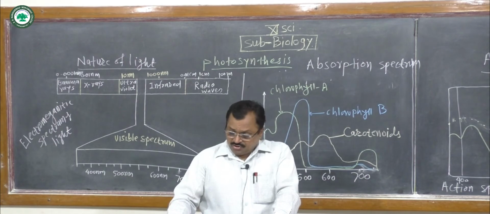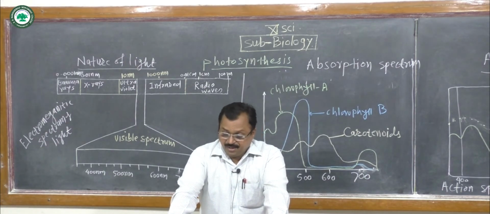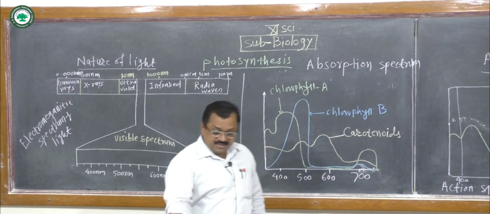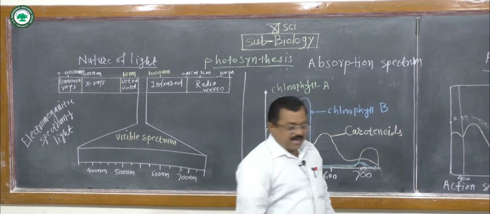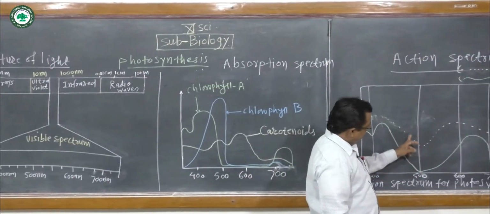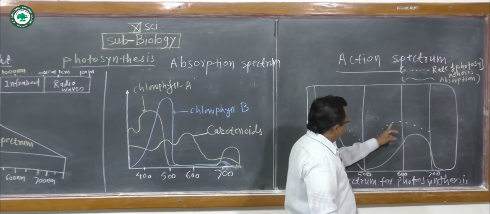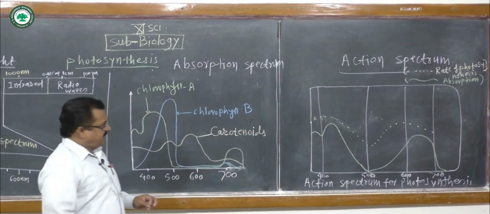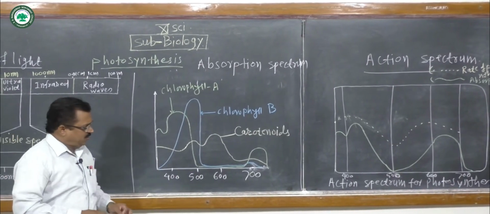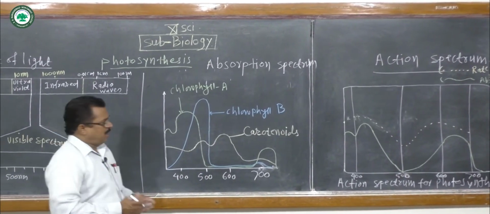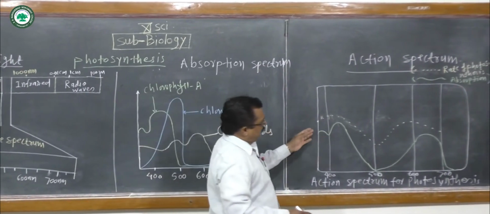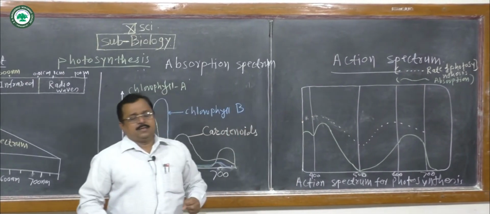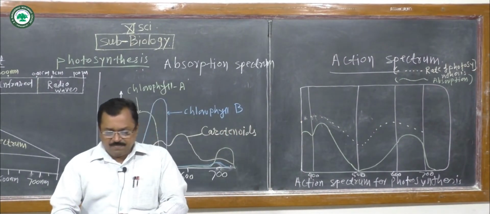That is, between these two pigments, the relative rate of absorption is shown. This curve, which shows that the rate of photosynthesis differs with wavelength, is called the action spectrum. That is, the action spectrum of photosynthesis is indicated by the dotted line and the green line. It shows the action spectrum: more photosynthesis occurs with certain chlorophyll pigments and less with others. This is called the action spectrum.